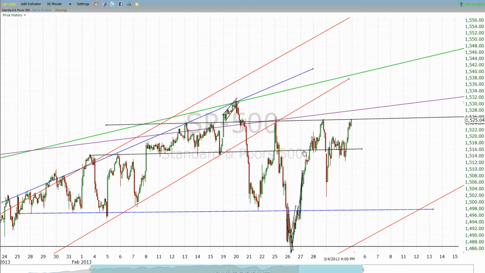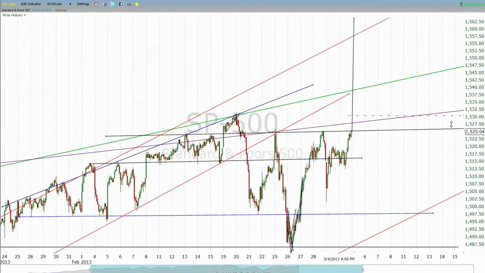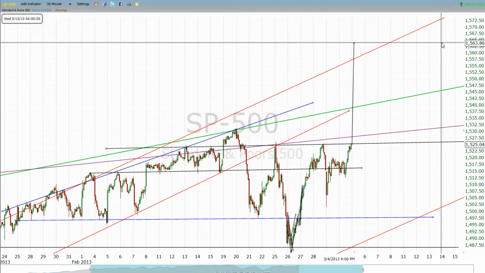just get my drawing tool, and we measure from this neckline here all the way down to the bottom of the head, and then we add that on to wherever the market breaks out. Say if we get a breakout in tonight's trade, which may be here somewhere, doesn't matter because this line's horizontal anyway. We'd be looking for a minimum expected target of around that 1563, 1564 area